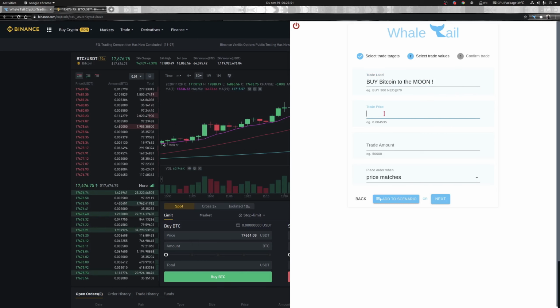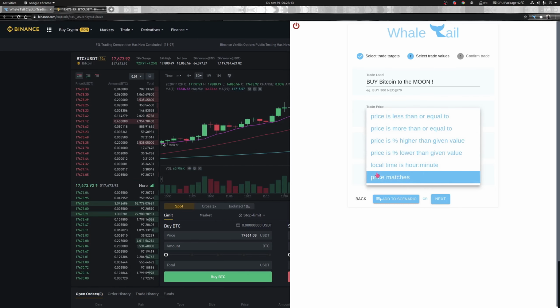Now the price, let's say we made our TA and we think that it's safe to buy Bitcoin at 70,800. So we're going to enter here 70,800. And the amount, let's say we want to buy a pizza worth of Bitcoins. So we want to buy 10,000 Bitcoin. When do we want to buy it? Well, we have different options, and I think all of them are pretty self-explanatory, but let's quickly go through one of them.